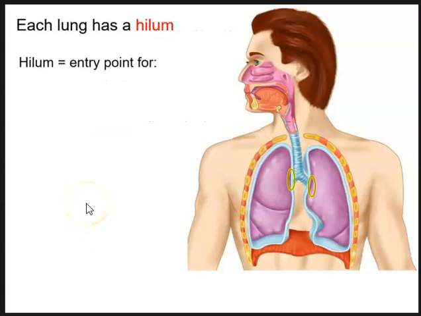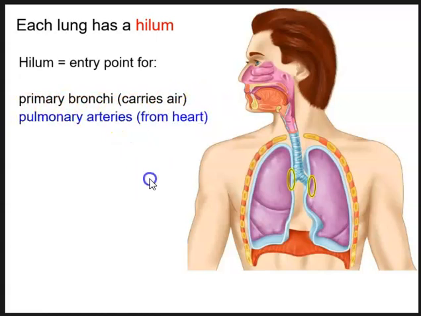So each lung has a hilum, and we talked about hilums before in different structures. Hilum, again, is an entry point or a region where vessels will enter and exit the organ. So each lung has a hilum, which is seen here in these yellow circles. The hilum is an entry point for the primary bronchi that carry air, the pulmonary arteries